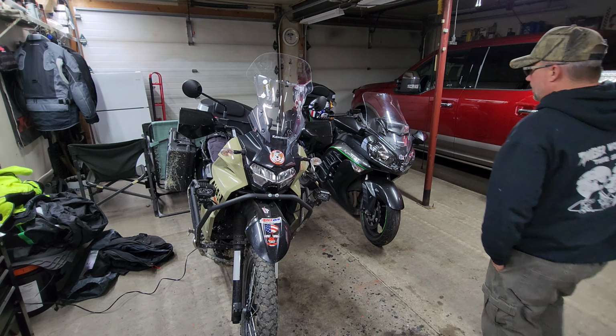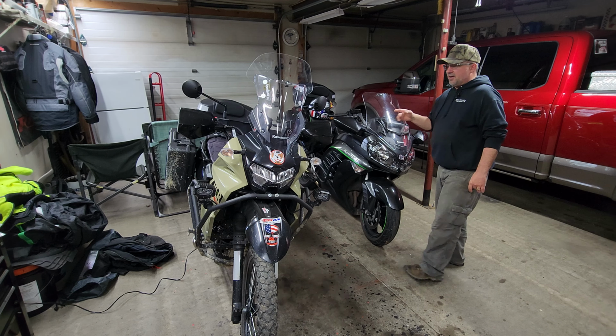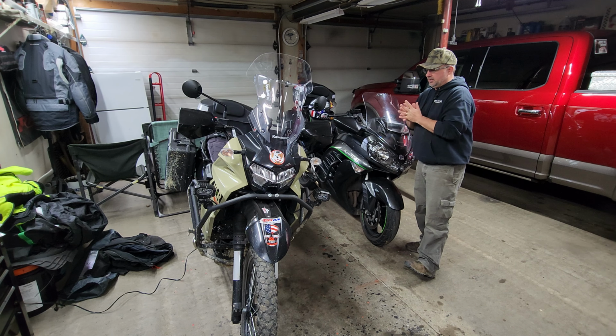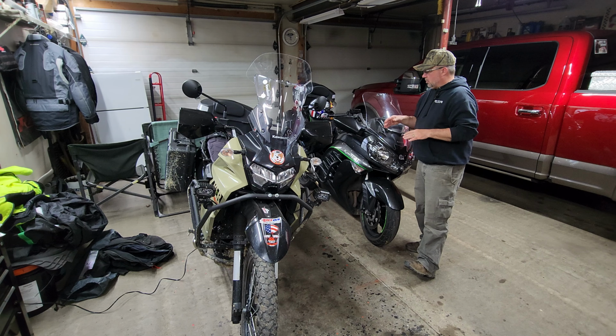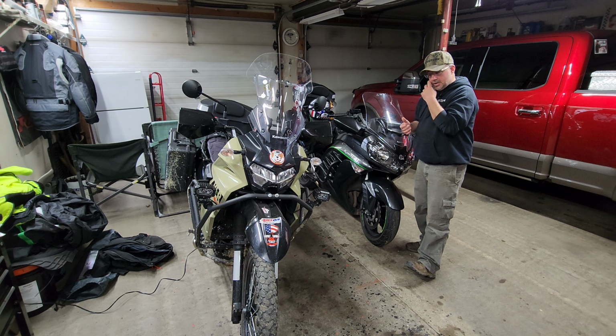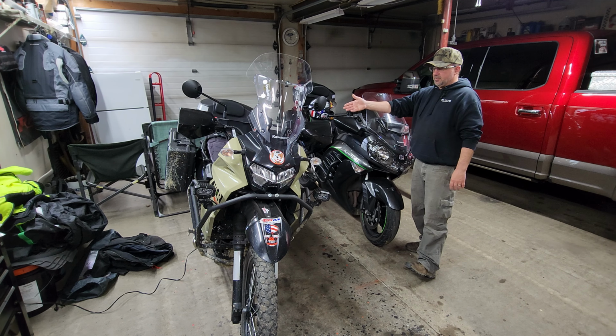Hey guys, I wanted to tell you about something I just bought this year. I've been into riding dual sport type bikes. This is a 2022 KLR 650. I bought it last spring, and I've never had a sport bike or anything that was really fast other than motocross bikes. So this year, my wife and I were talking, like we ride as a pair,